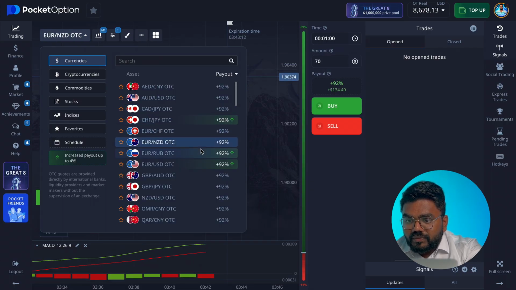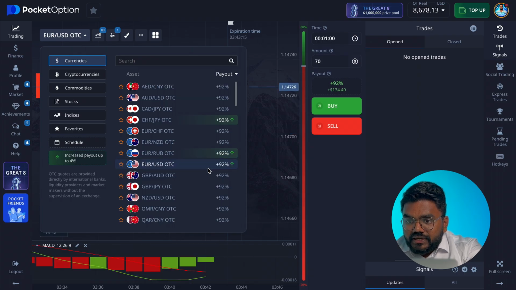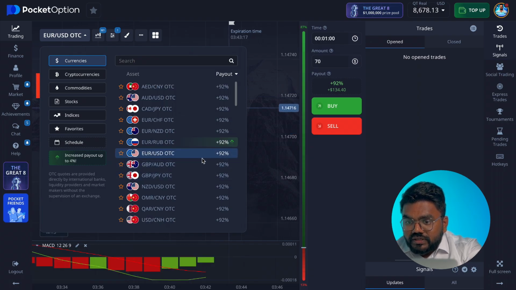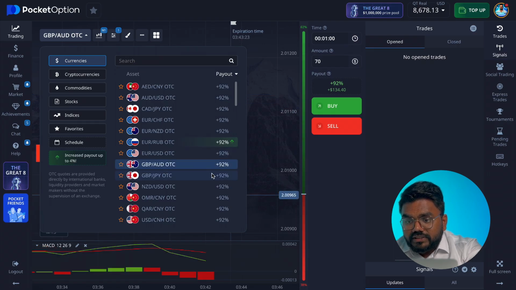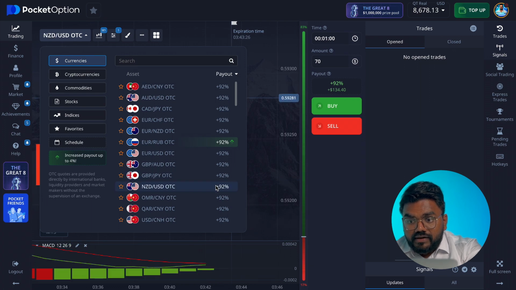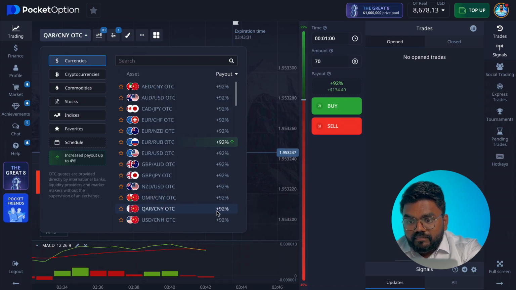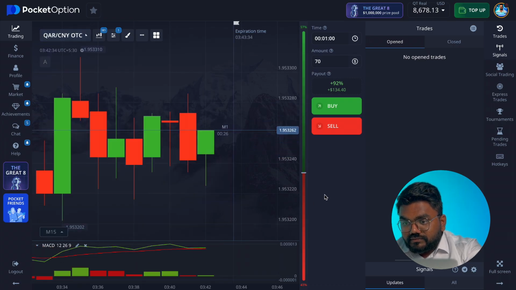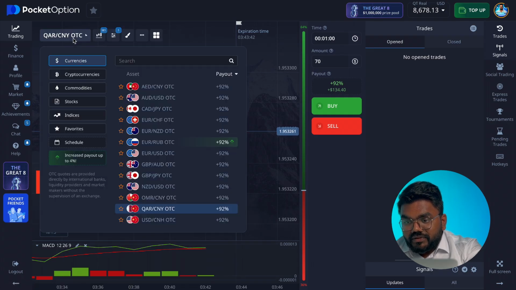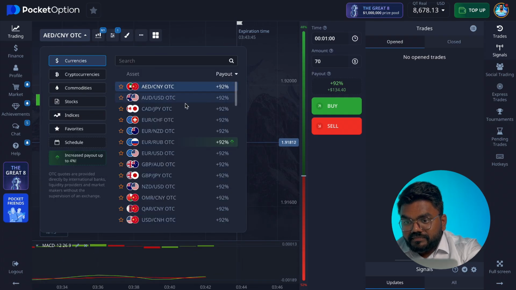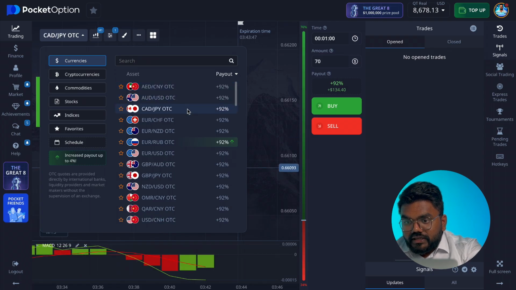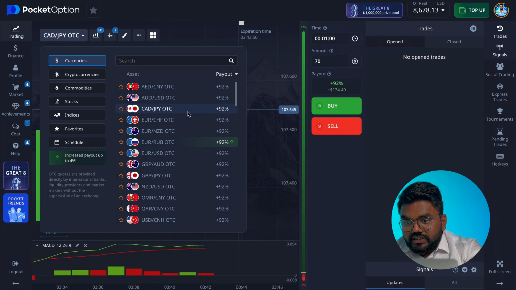So let's go with a different currency pair. You can see that there are most of the options over here. Euro AUD, Euro USD. You see that this one is actually going to intersect with each other. This one down, this one's parallel. Oh, this is nice. We can jump on that. This is not okay. This is also good. Let's make a bet on this. Let's go to swap. It's just near to each other. They are not making a momentum. This one, okay. We can wait for a second. Let's see until it changes.